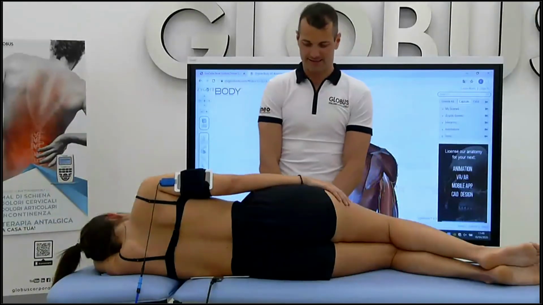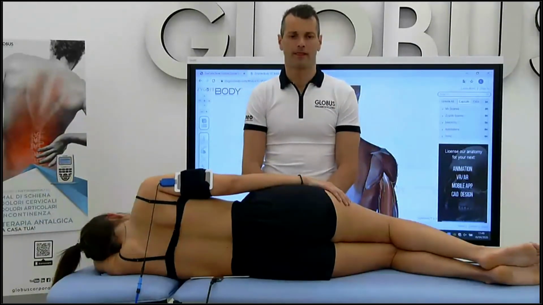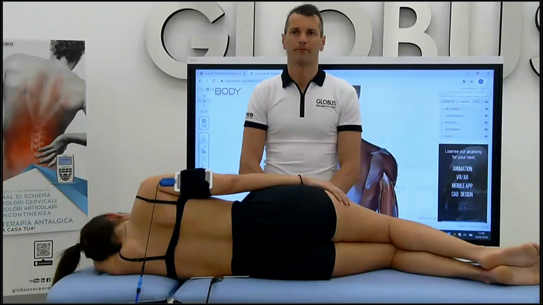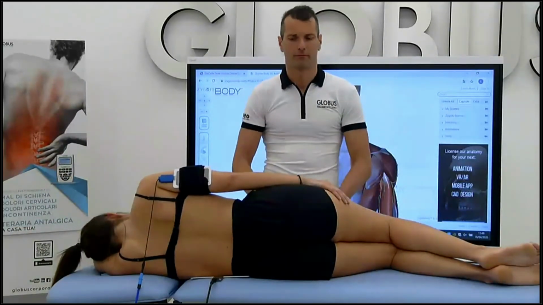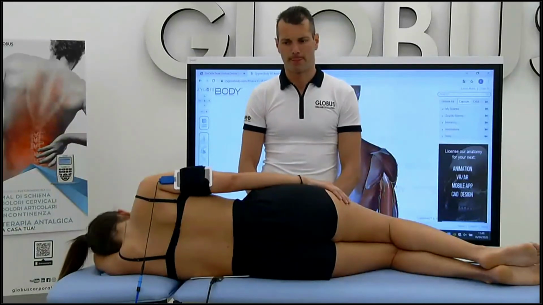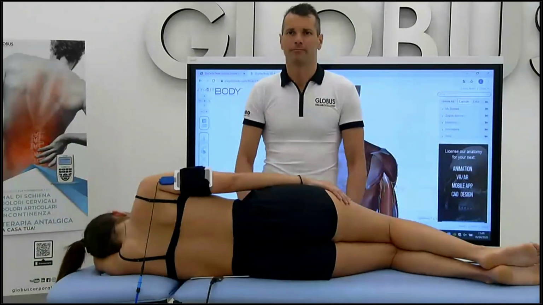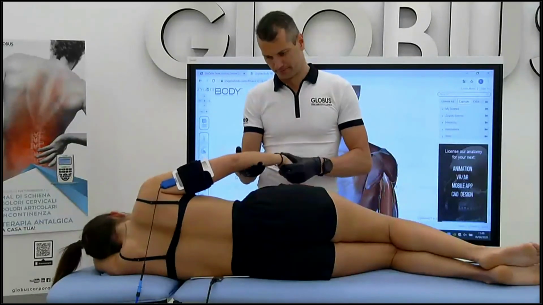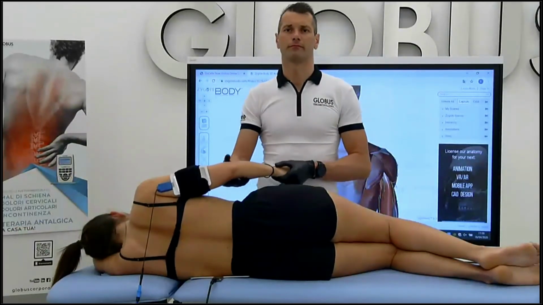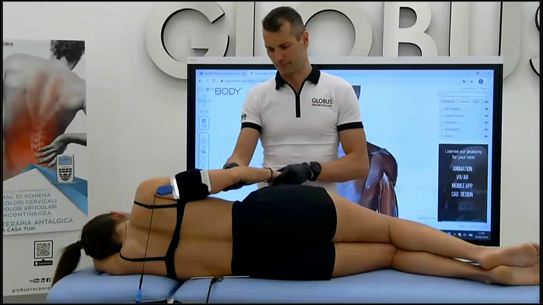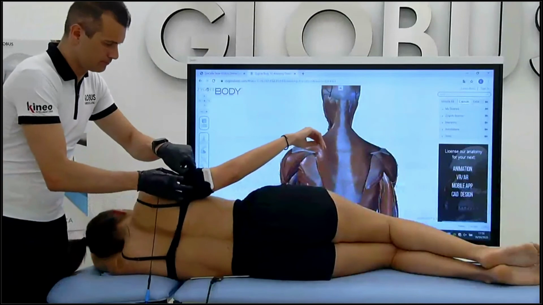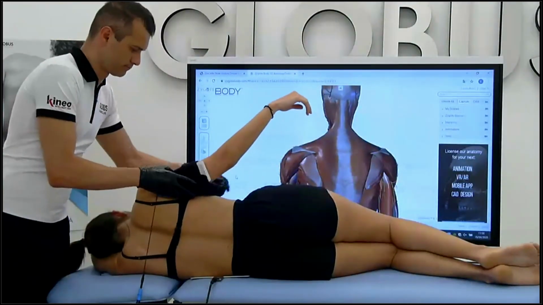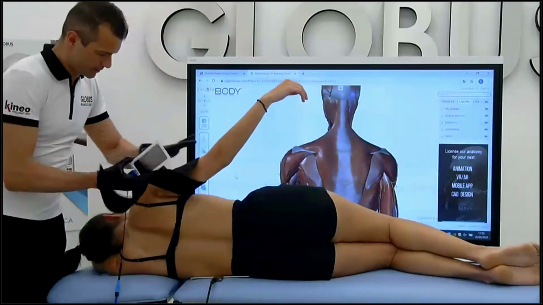What I was saying is that we evaluate the area and check in which stage of the pathology, of the syndrome, we are. We can evaluate the joint and whether something is going on at the wrist too, because sometimes the wrist has to do with the tennis elbow. Then we focus on the area we want to treat.